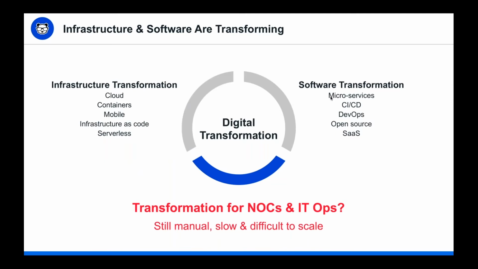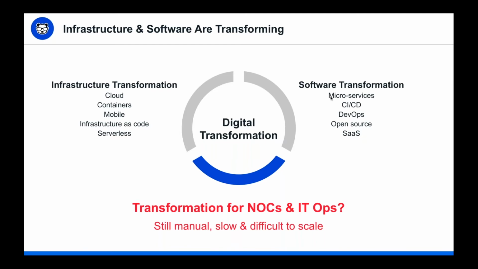In terms of the cloud, containers, microservices, DevOps, the move away from monolithic applications, etc., infrastructure and software have both successfully transformed. But unfortunately, if you look at IT ops and NOCs, they're still held back with a number of legacy tools that were never really designed to handle this modern infrastructure and software